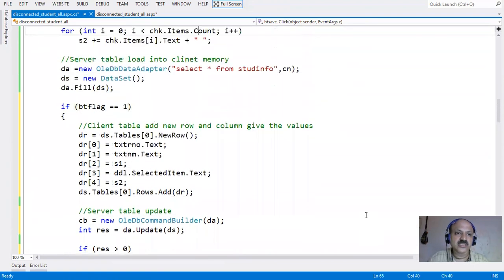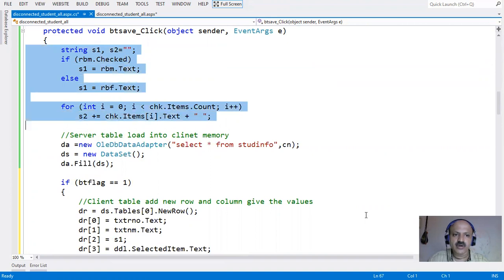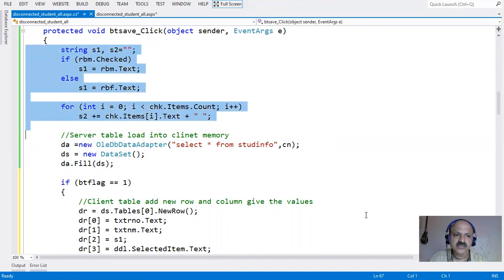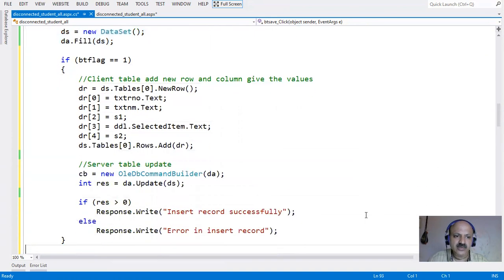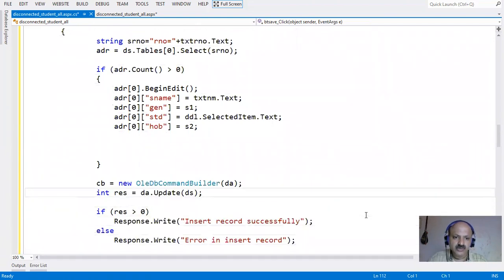I use it, so that is duplicate code here, S1 and S2, that we can write in the save button. That code we cannot write as duplicate, that is a precondition. All the code we can use in save, insert and update both. So that type of code, and also I copy all of this, because we can just change our message only. Okay, so now it is okay, and then provide it here. So I just change the insert message to update.